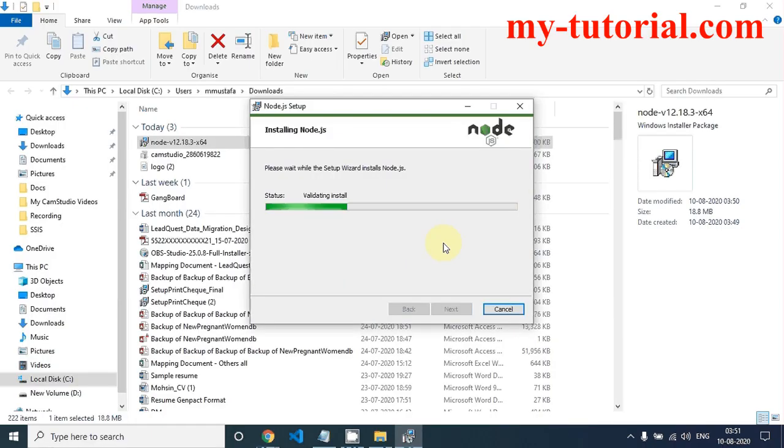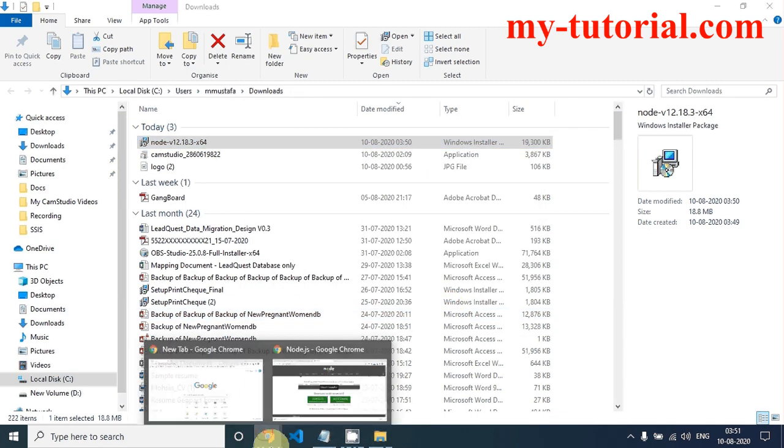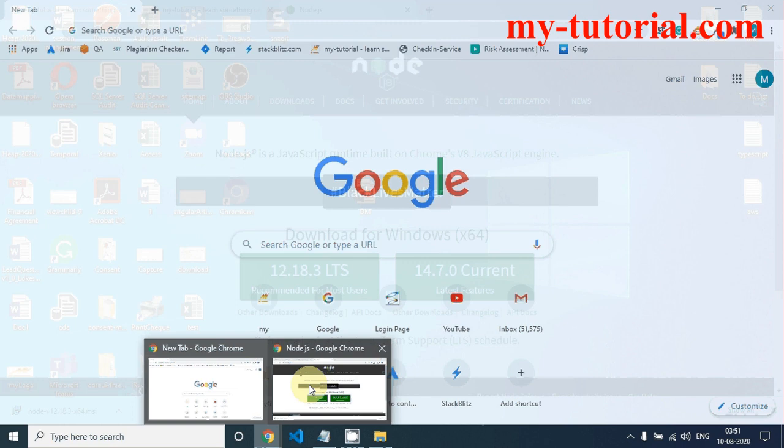Say yes. It might take a little bit of time depending on your internet speed, so don't worry. Now that Node.js is installed, click on finish and come back to this website.